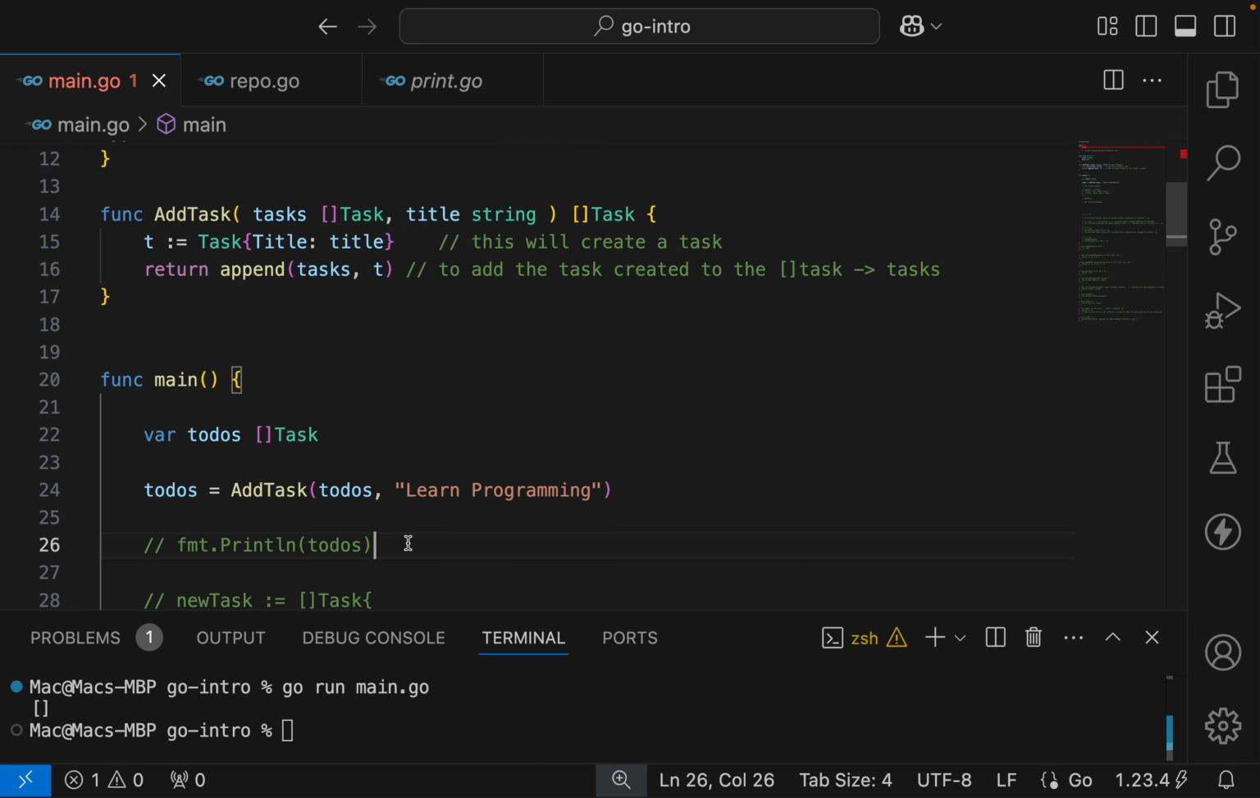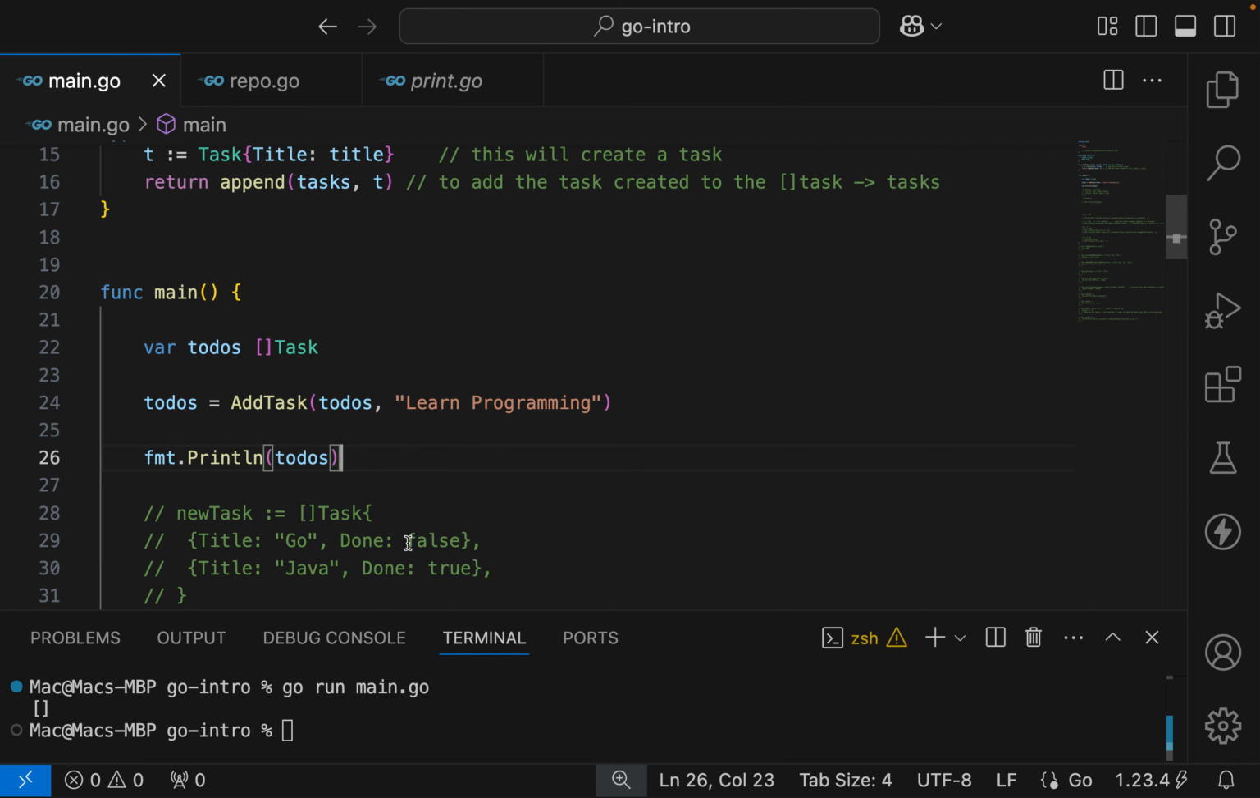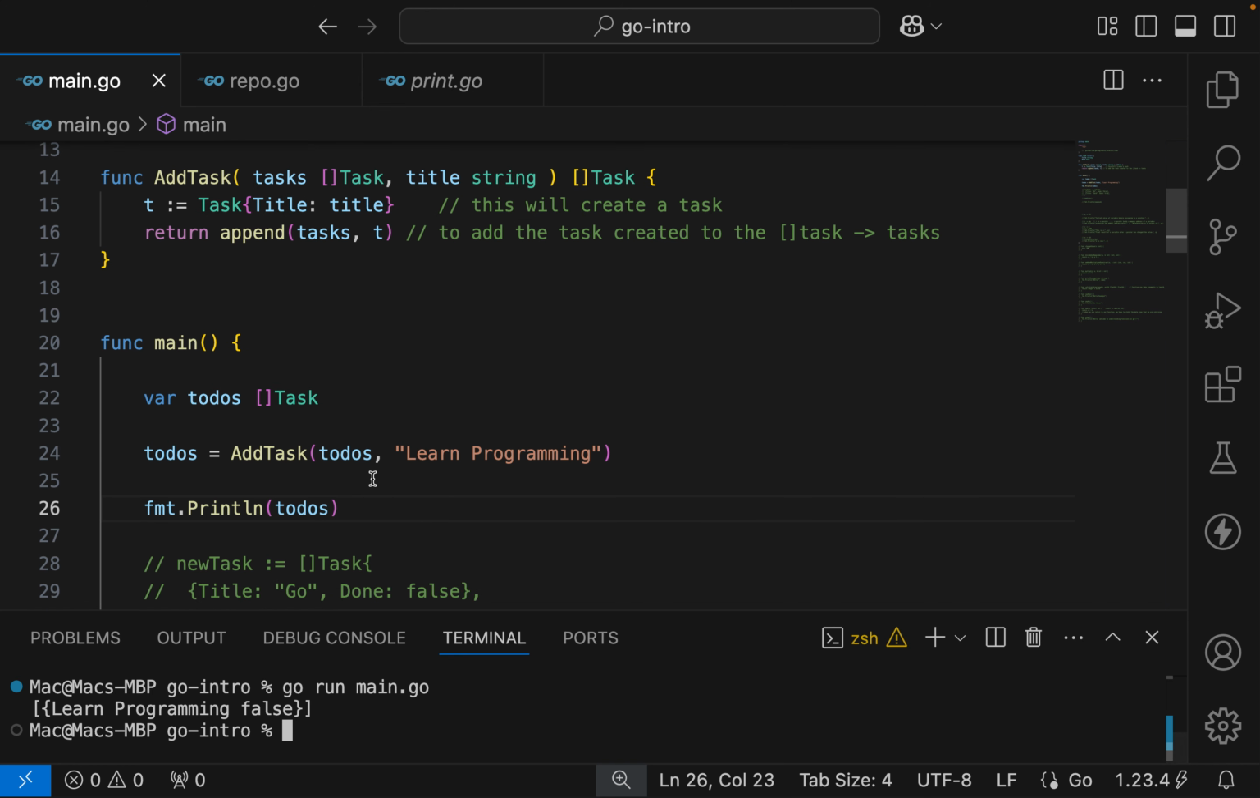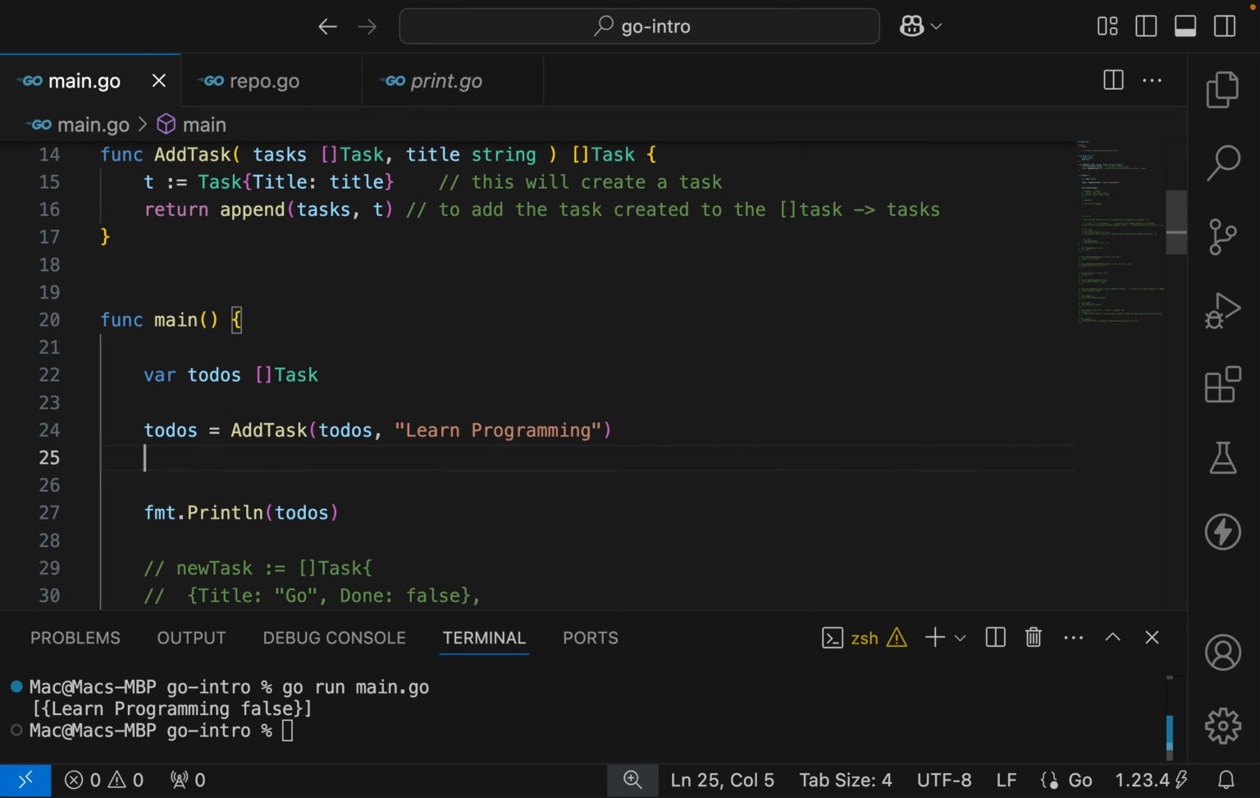So if I print, let's print this out now and see what we have. What do we see now? What we are seeing is "learn programming" first. That's what we are seeing. Very basic, right? So if I want to add another one now, all we have to do is